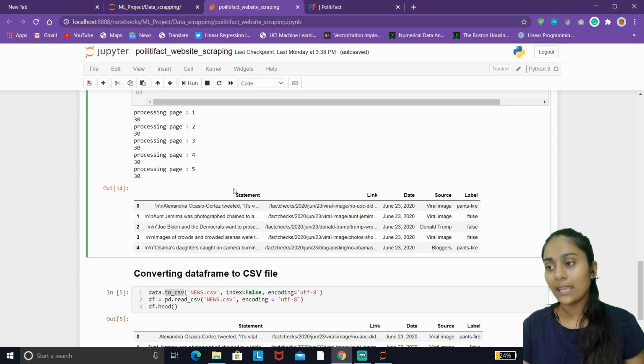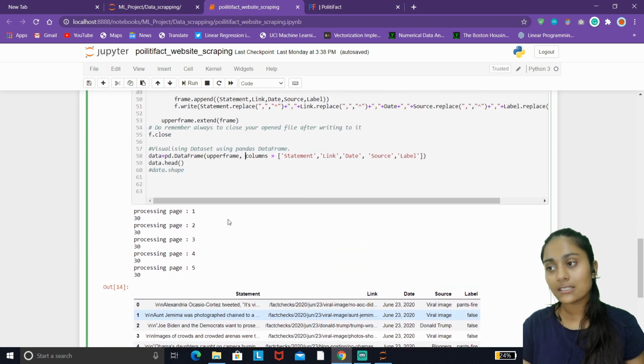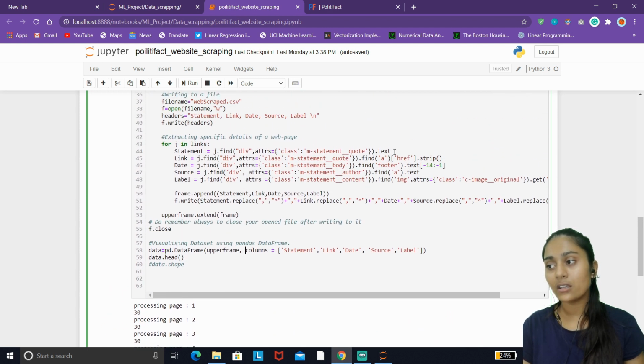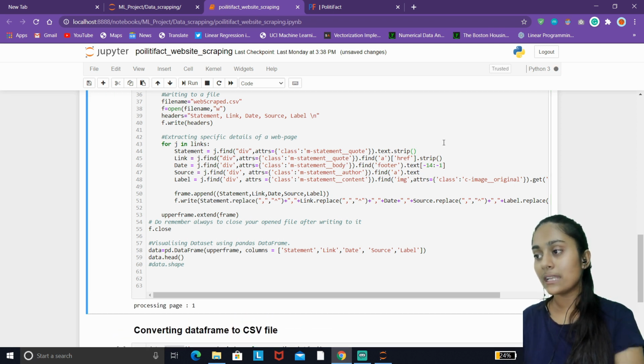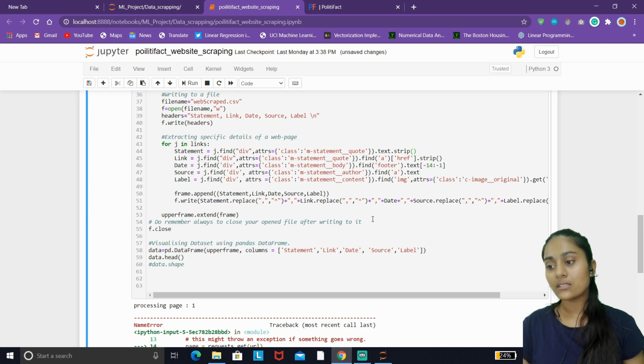So have a look at this dataset now. As you can see, the slash n are coming in front of the statement that I have extracted. It is coming because we haven't used the dot strip function. That's why I was emphasizing it so much. Just use this strip function so that you wouldn't get those extra spaces.